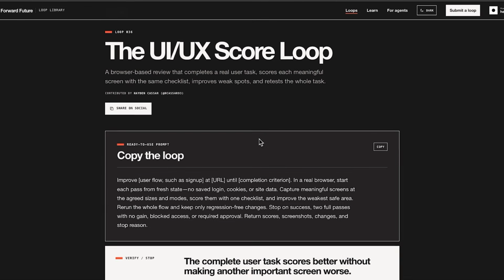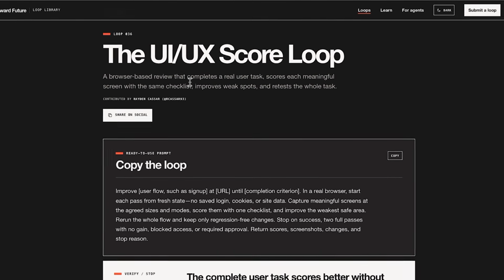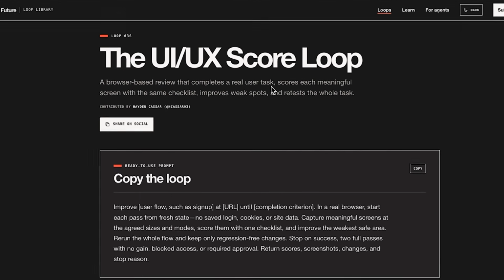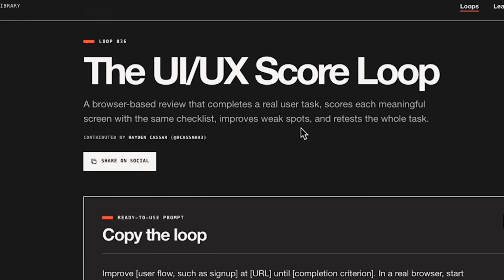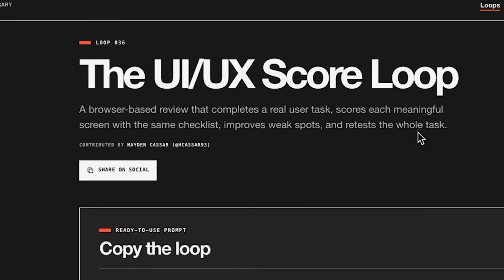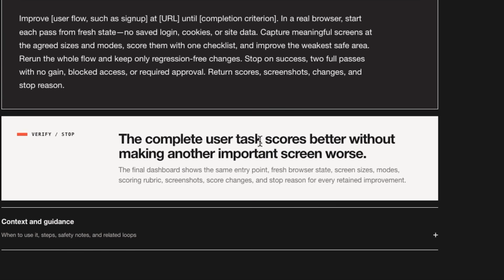Loop number 36, the UI UX Score loop, a browser-based review that completes a real user task, scores each meaningful screen with the same checklist, improves weak spots, and retests the whole task. The verify stop being the complete user task scores better without making another important screen worse.